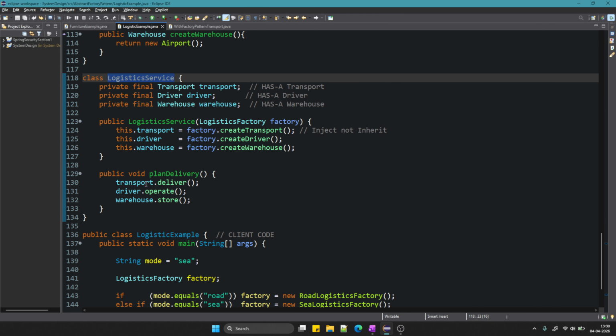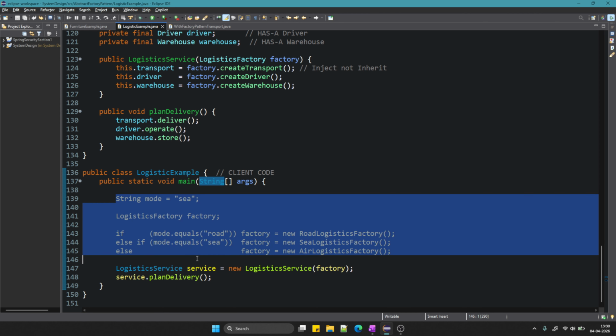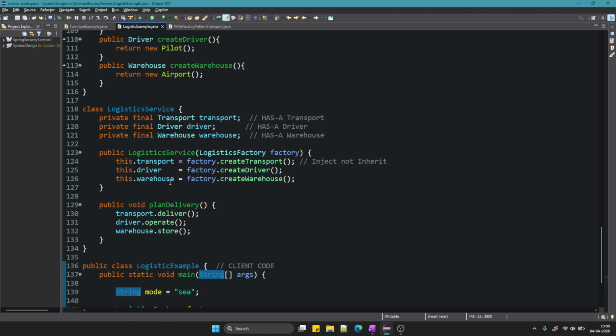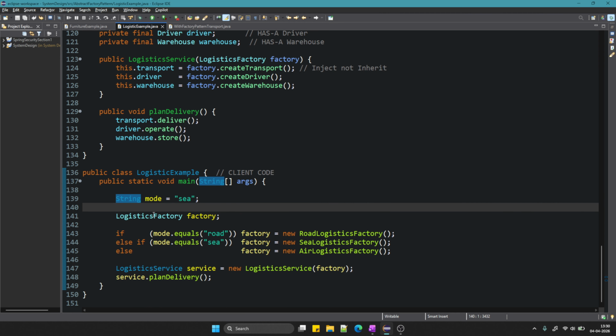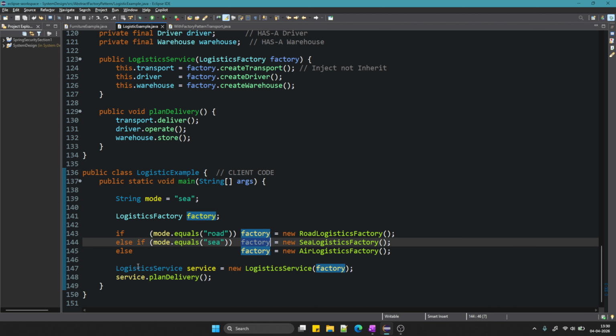We can see here, this is the logistic service. Actually this is the client code, and this is the composition part that we are leveraging. I'll explain both flows. Don't worry. First let's start with this. This is the composition root. Why? Because the mode is C. That means if it is C, the factory, which is nothing but the logistic factory,